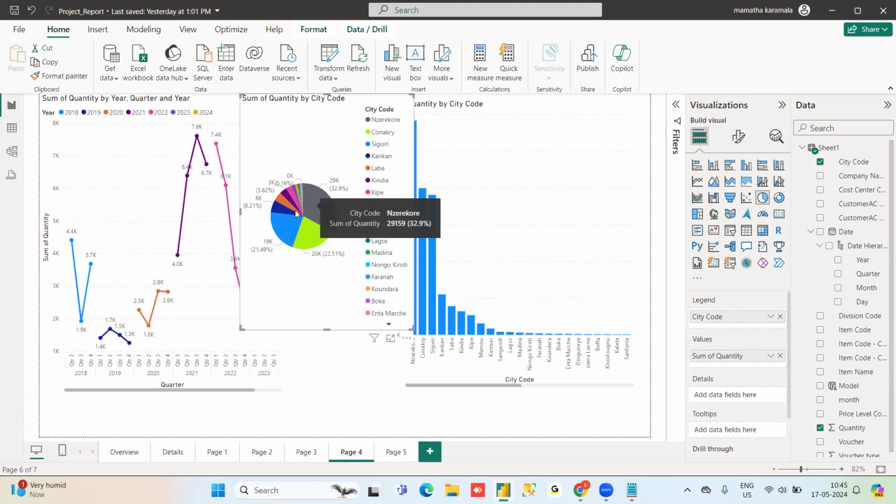Which visual for what purpose depends on the data. Actually, to show city-wise, normally this visualization is not suitable, but still we got a requirement to show it like this only. At that time there is no option, we need to go with that. That is the reason I am saying you will choose the visualization based on the data and based on your requirement.